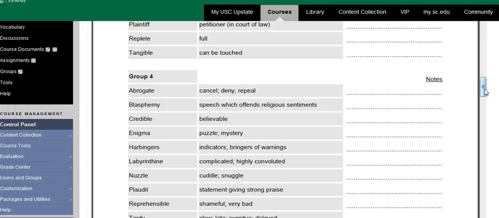So email me, call me, let me know. What we'll do is get together every week. In one session we'll talk about these vocabulary words, and in the other sessions we'll talk about the other stuff that goes along with trying to score well on the verbal and the writing sections.